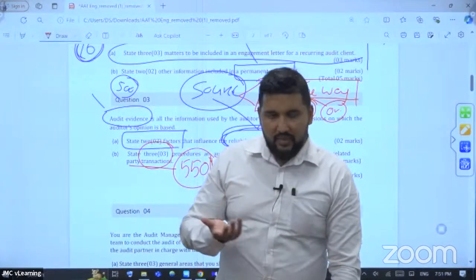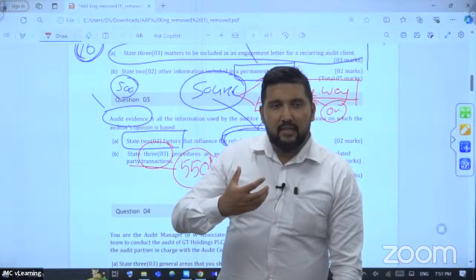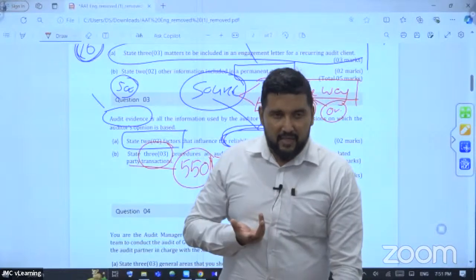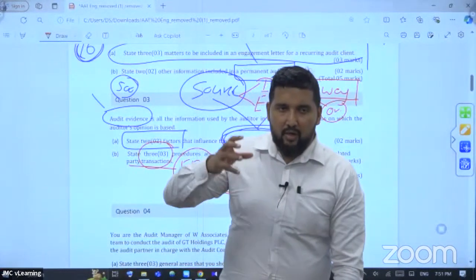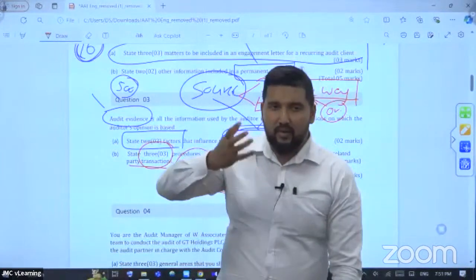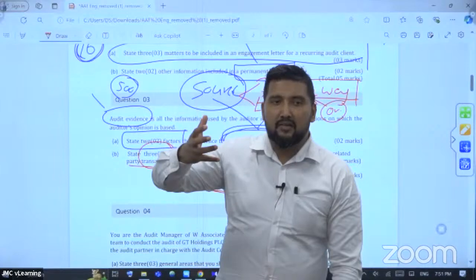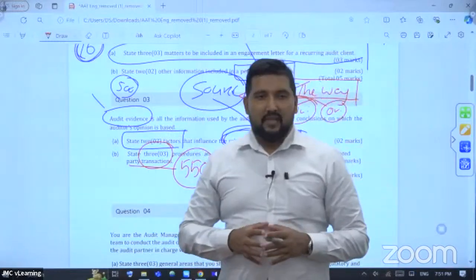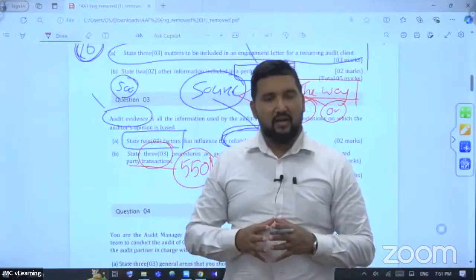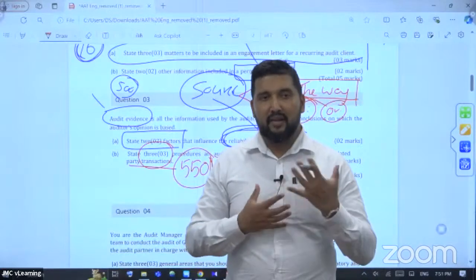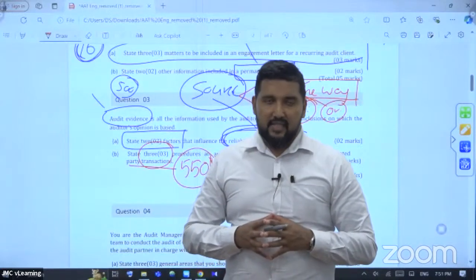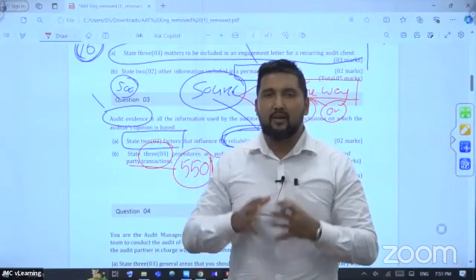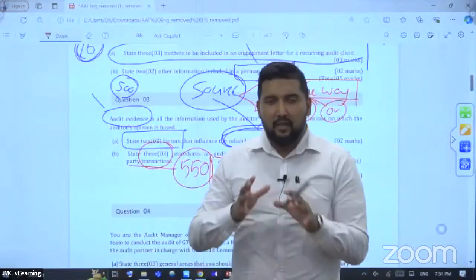Number 3, identification of related parties and disclosure of related parties in the financial statements is basically a responsibility of the management. So in order to get comfort with regard to the completeness of the related party disclosures and the transactions, as an auditor, you will be requesting a management representation. When you are conducting an audit, you will be requesting a management representation from the management. Upon completing all these audit procedures, once you identify a related party transaction, you need to check 2 things.